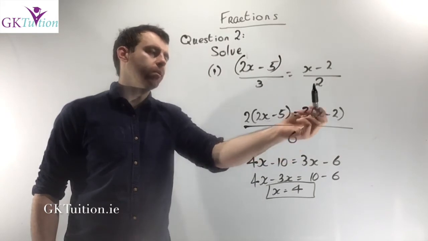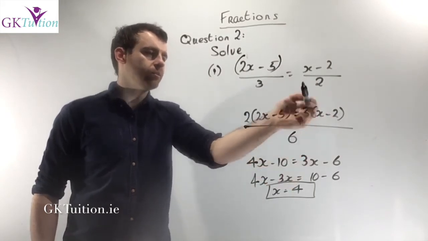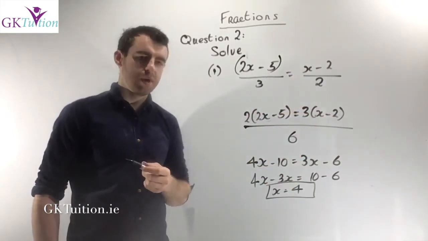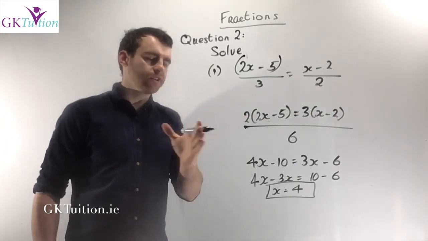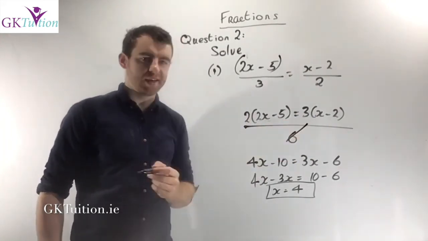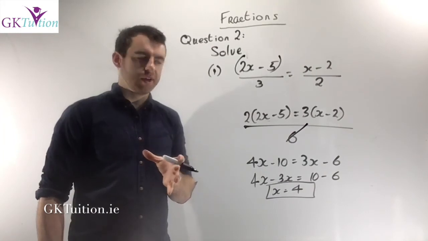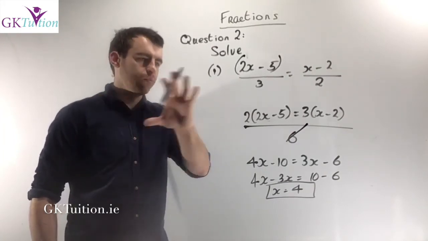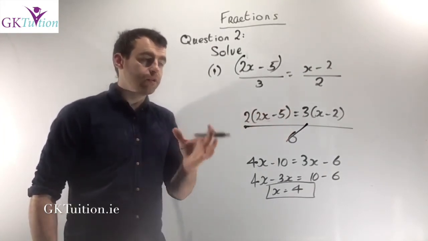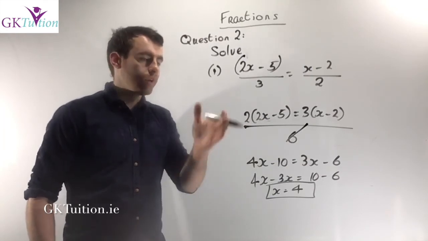Then an equals between them, 2 divides into 6 3 times, so it's 3 times x minus 2. If you have an equals on the top of a fraction, you can just ignore the bottom and ignore the 6. Now, I'm sure there's a lot of you looking at this video thinking that you wouldn't have bothered to do that at all. If you have two fractions and an equals in between them, you can actually just jump